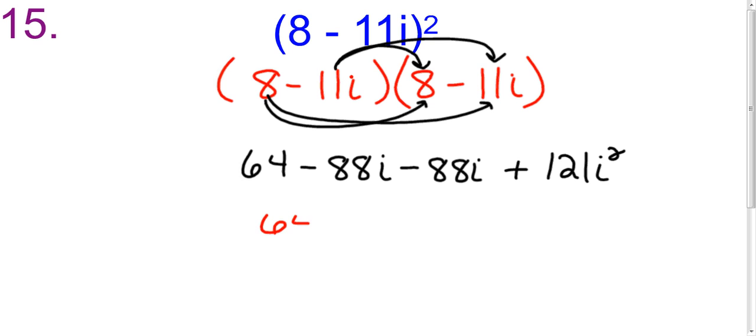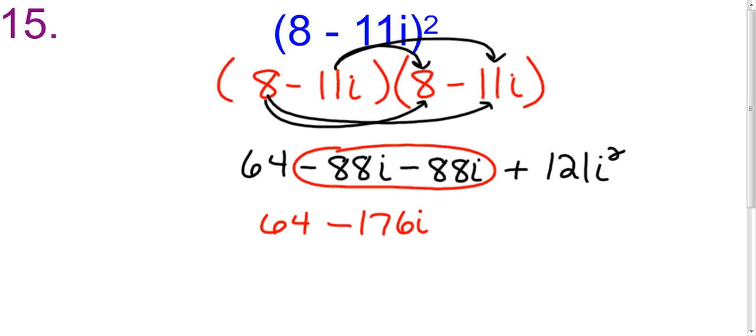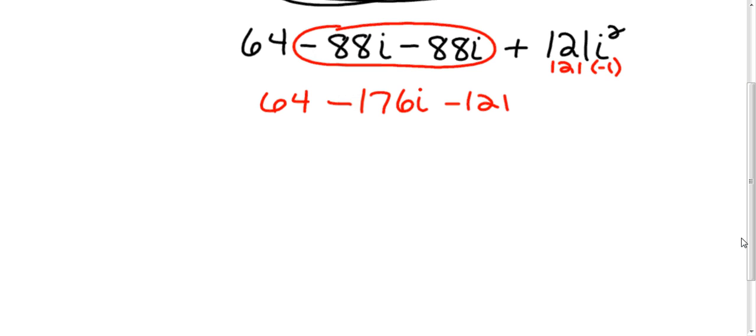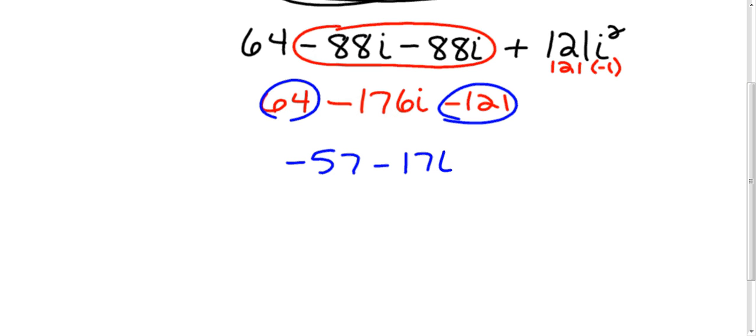So I have this 64 that I can bring down. I have negative 88i and negative 88i, which makes negative 176i. And then here I have 121 times i squared, which is negative 1. Okay, and so that really turns into negative 121. And now you can combine the 64 and the negative 121, and you can rewrite that as negative 57 minus